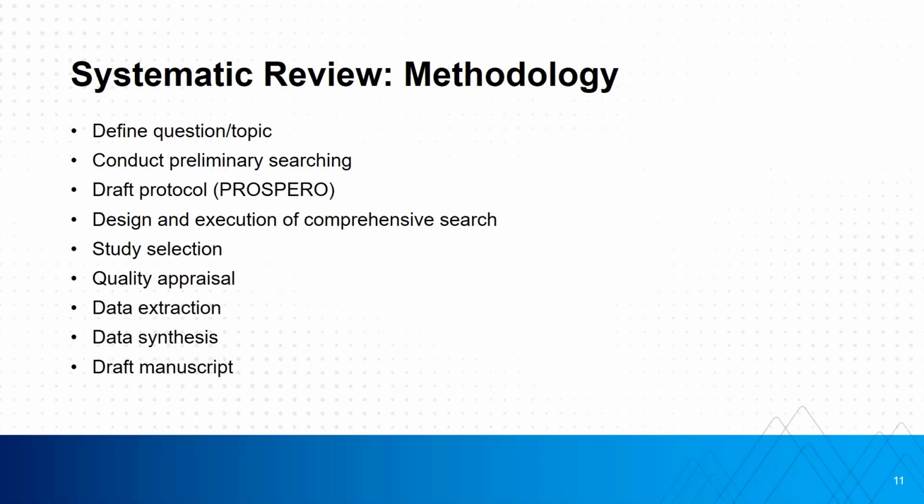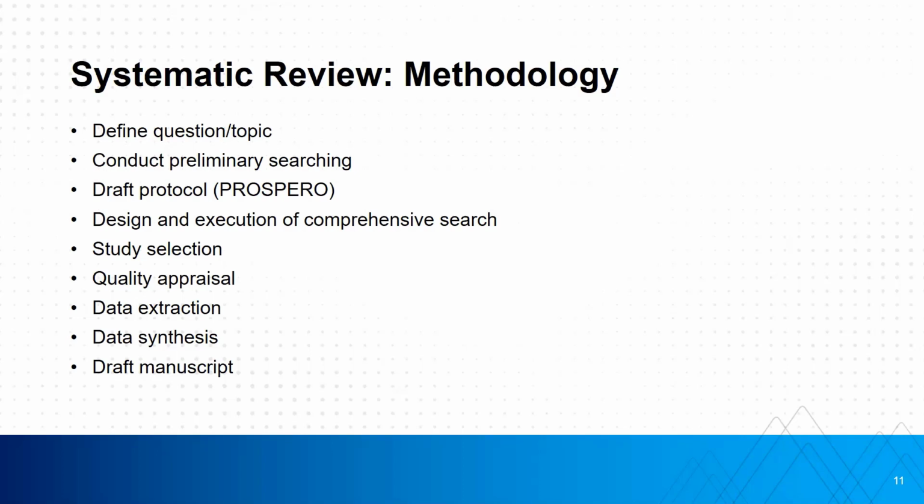This is also where you're going to really set your eligibility criteria, which is a very important part of the study selection process. So you have to figure out what kinds of studies are going to be in your systematic review, and that's what the eligibility criteria do. So these are things like saying, okay, we're only going to look at studies that looked at patients that are 64 years or younger. So if we see an article that looked at a bunch of 80-year-olds, that's being excluded